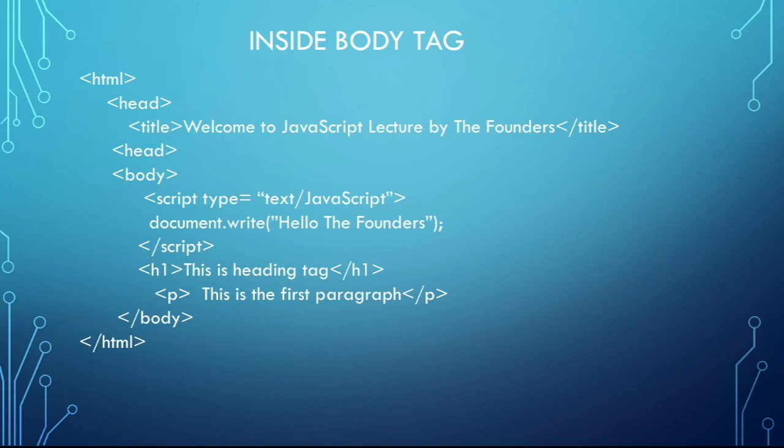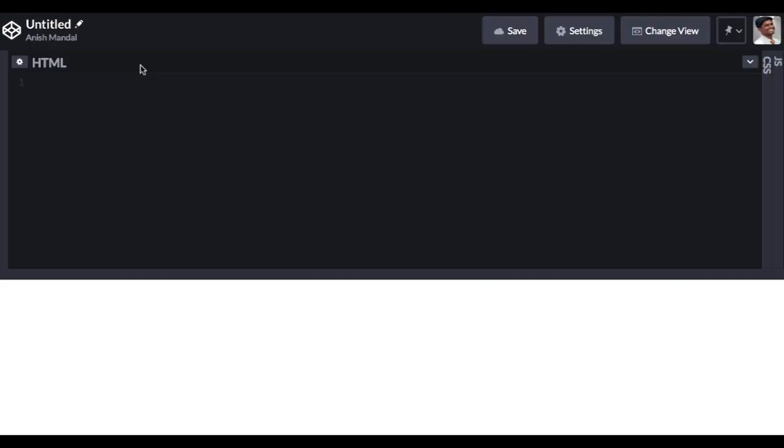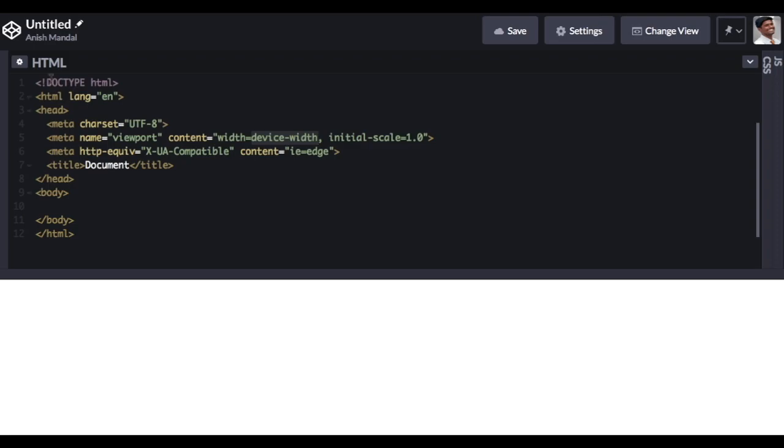For this tutorial I'll be using CodePen; use your text editor and follow along with me. We'll go through inside the head tag first and then inside the body tag. The title is nothing.